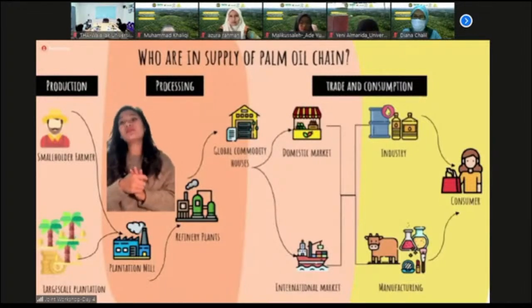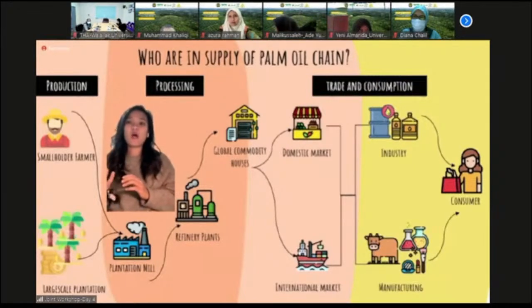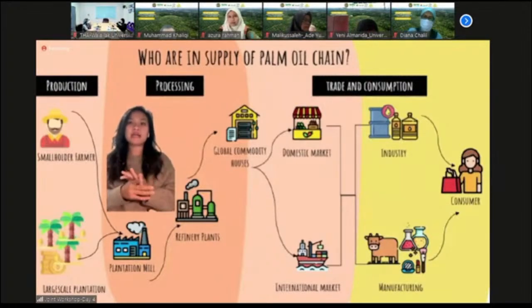So before we elaborate on the implementation of the sustainable oil palm supply chain, I would like you to bear in mind that the supply chain consists of many stakeholders, or multi-stakeholder, and